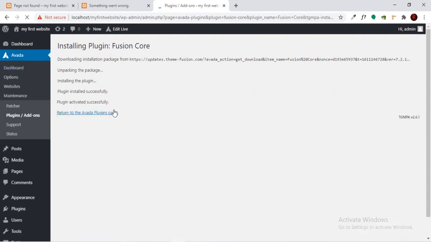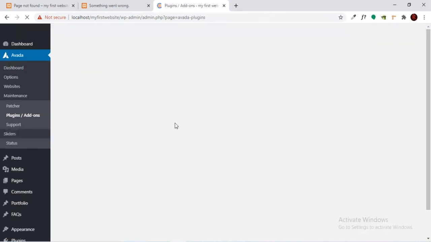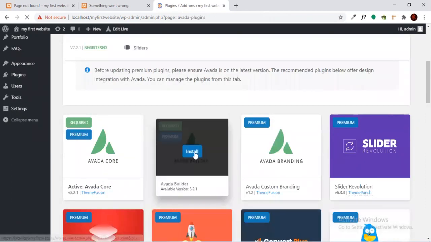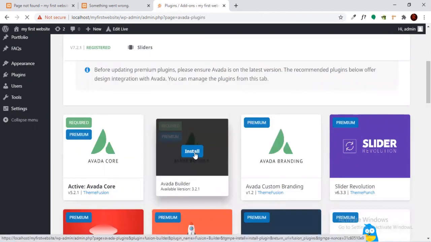Plugin installed successfully. The message is coming now and activated successfully. Now we have to install the second plugin, which is Avada Builder. You just have to click on install like the previous one.